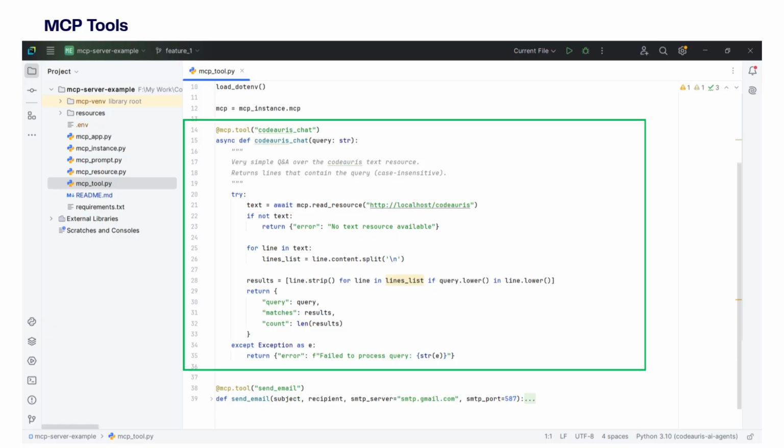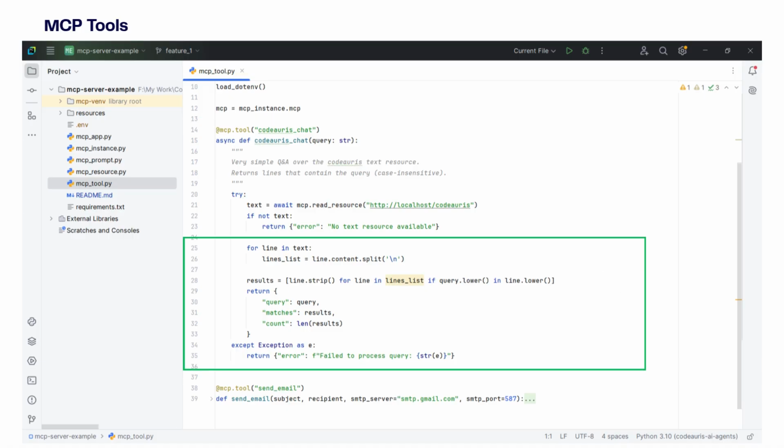The first tool is text search chat tool, and it's designed to search through our Codoris knowledge base, which is stored in a text file inside the resources folder. It takes a single parameter called query, which is just the search term entered by the model or user. The search is case insensitive, meaning it doesn't matter whether the input is uppercase or lowercase, it'll find all relevant matches.